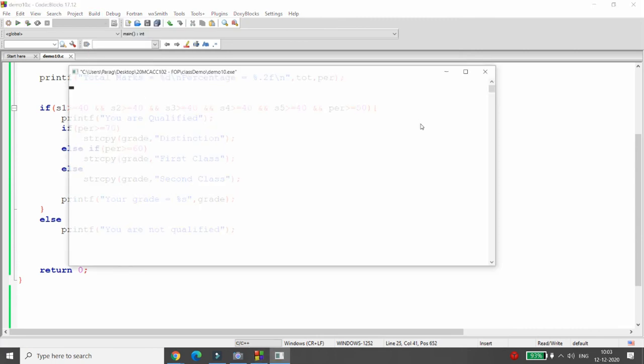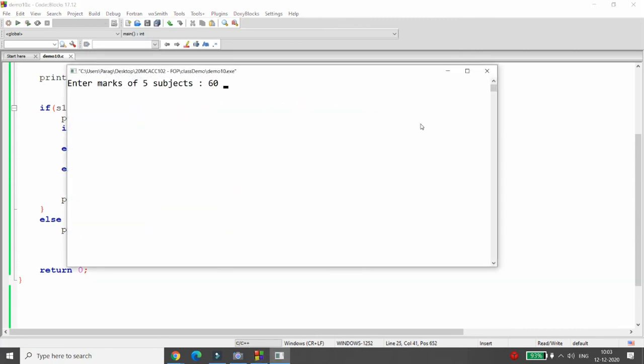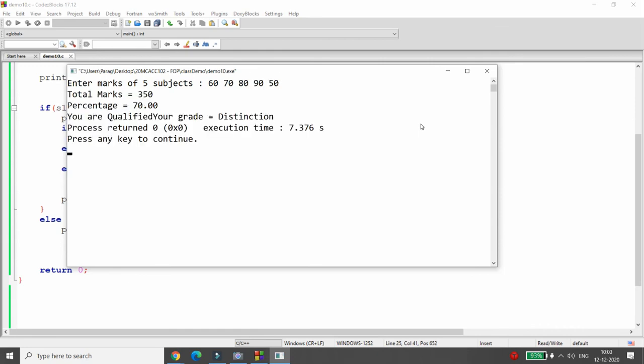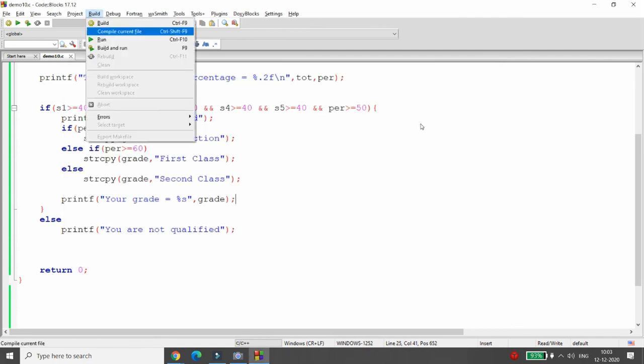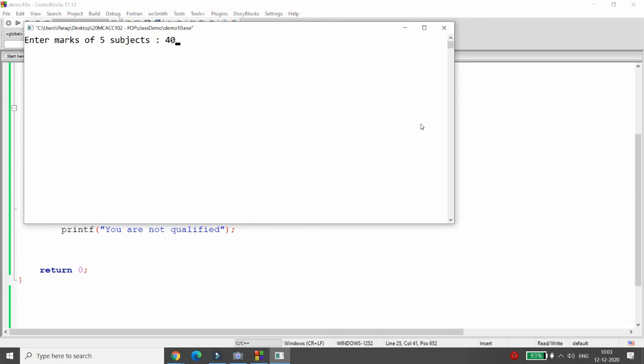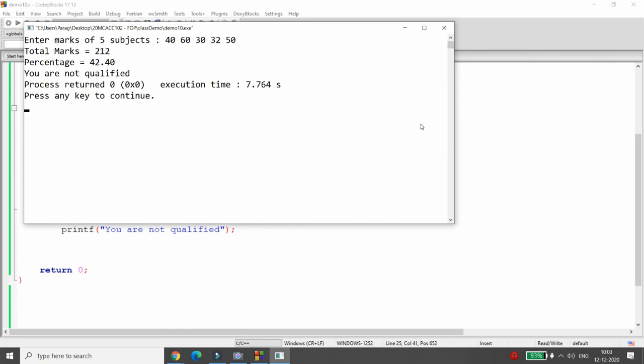Now you can run your program again. Suppose my marks are 60, 70, 80, 90, and I'm getting 50 in the last subject. Then my percentage is 70 and grade is distinction, right? If you test it again, suppose 40, 50, 60, for example, 30, then it will not display my grade and I will simply get the message that you are not qualified.